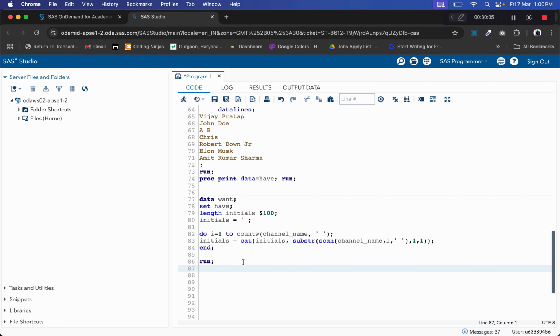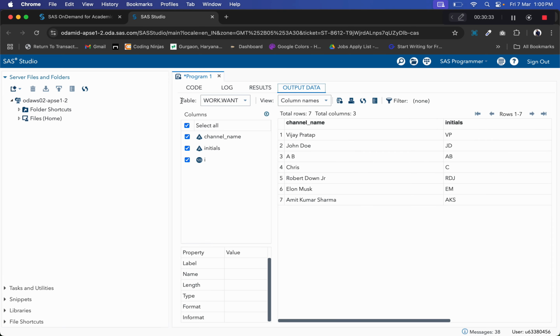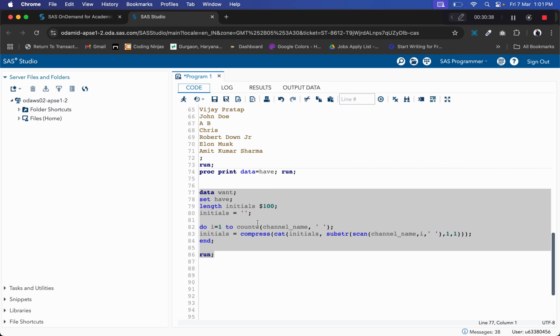Let's check this: set have, initial, countw. We also have to use the compress function. So let's run this again. Okay, so we are getting the correct output. Let me explain this code now.